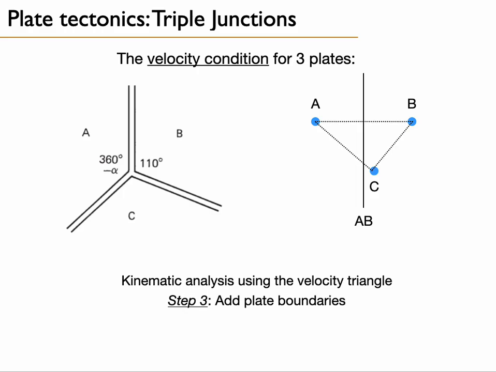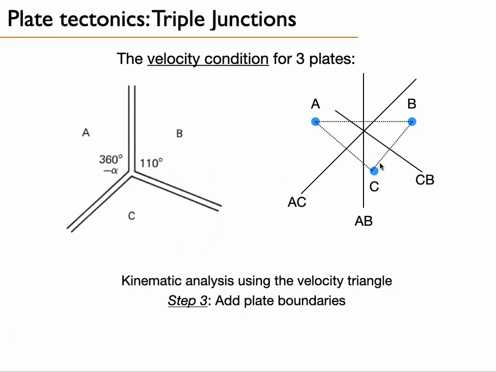Now we add the plate boundaries. So let's add plate boundary AB. It is a vertical line that is marked now. It has a right angle here. Let's add boundary AC. It has again a 90 degrees angle and it's cutting through this face. Now we do the last one,